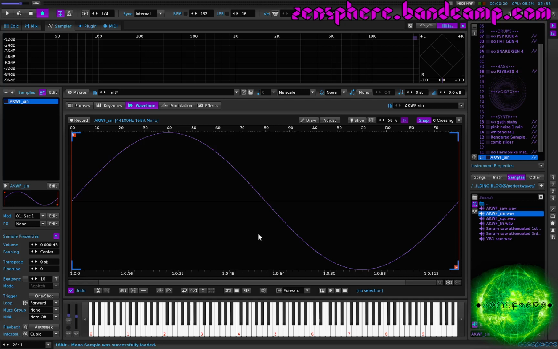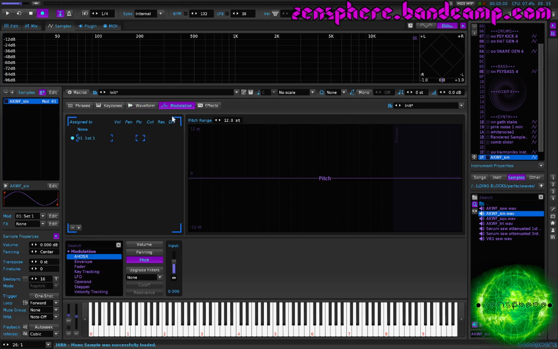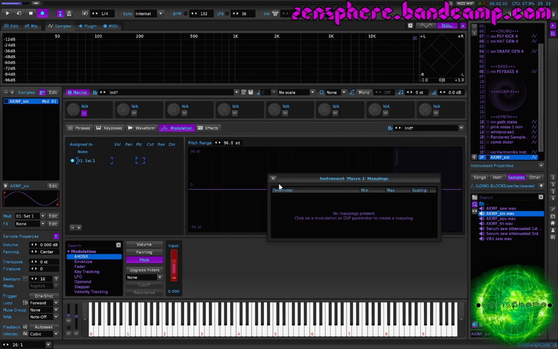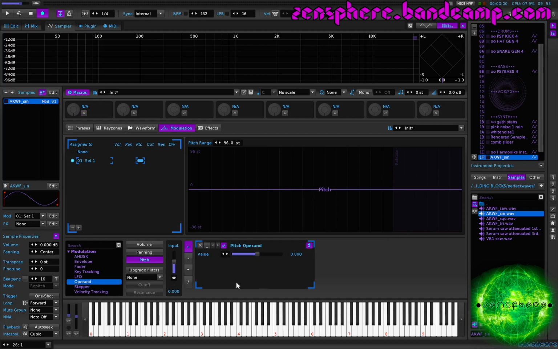We'll start with just a sine wave because that's nice and simple, about as basic as it gets. And then the first thing you want to do is go into your modulation tab and go to the pitch section. Set your pitch range to 96, which is the maximum pitch range. It doesn't have to be 96, but this gives you kind of the widest range of frequency modulation to work with. And then we're going to bring in an operand device,